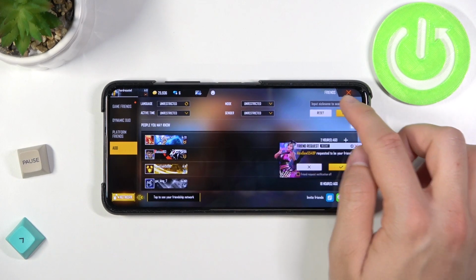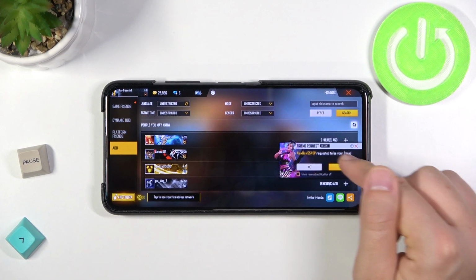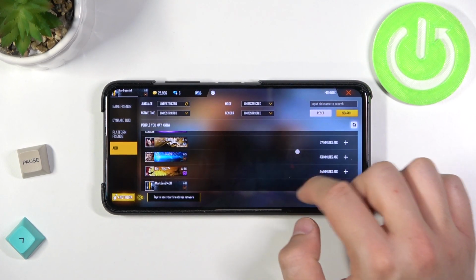If you want to make it manually, as you can see right now, we even requested to invite the friend list, so we can accept. And right now I'm friends with this guy, and if you want to input a nickname manually, you have to tap